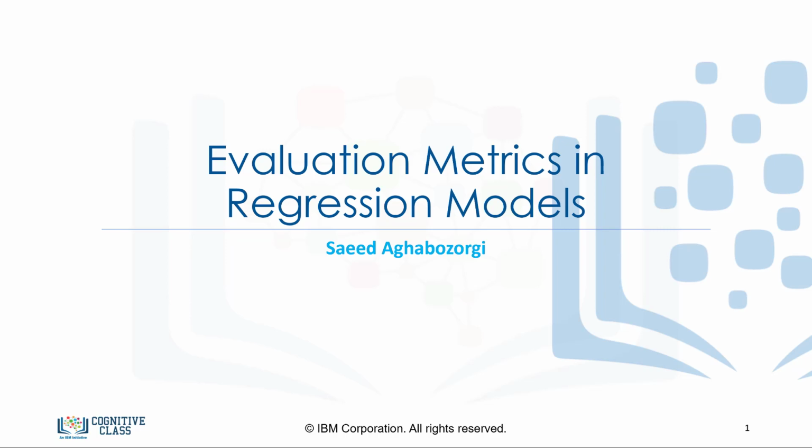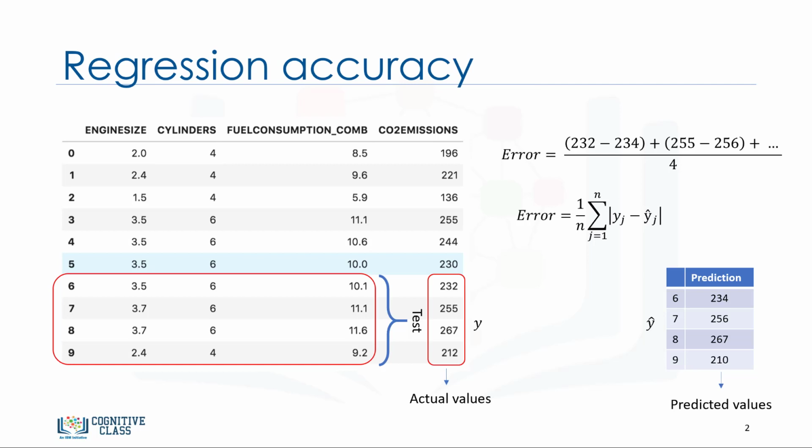So let's get started. Evaluation metrics are used to explain the performance of a model. Let's talk more about the model evaluation metrics that are used for a regression. As mentioned, basically we can compare the actual values and predicted values to calculate the accuracy of a regression model. Evaluation metrics provide a key role in the development of a model as it provides insight to areas that require improvement. We'll be reviewing a number of model evaluation metrics, including mean absolute error, mean squared error, and root mean